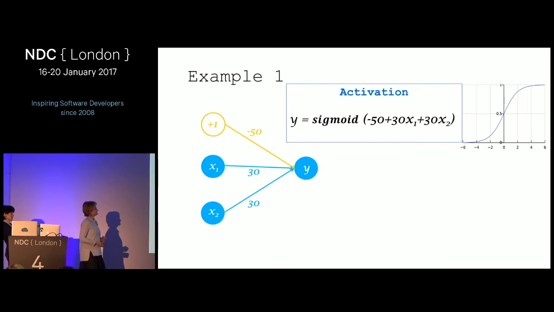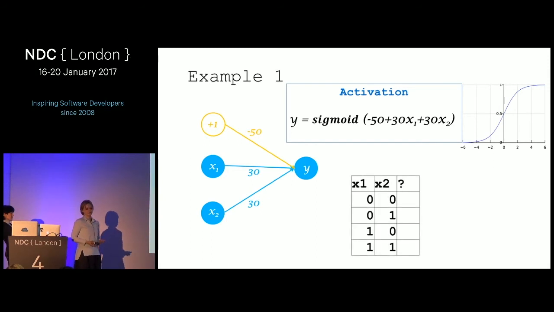And then I can tell you that x1 and x2 are binary inputs. Does anyone have an idea what function it is? Except for Evelina. And Jennifer. And Jane. Okay. Does anyone have an idea? We will ask you one more. Yeah, please? Yeah, it is. Yeah, I know that you knew. Yes, it is an AND function.